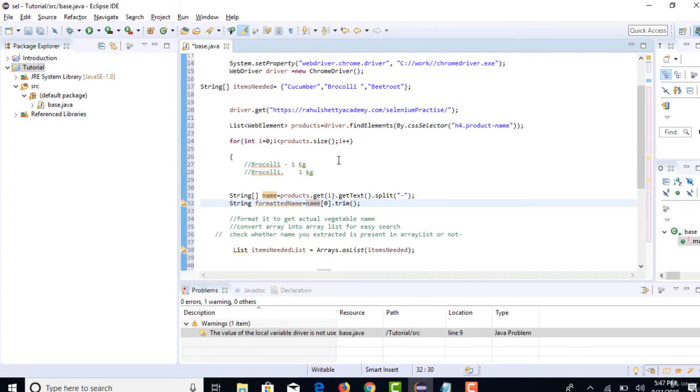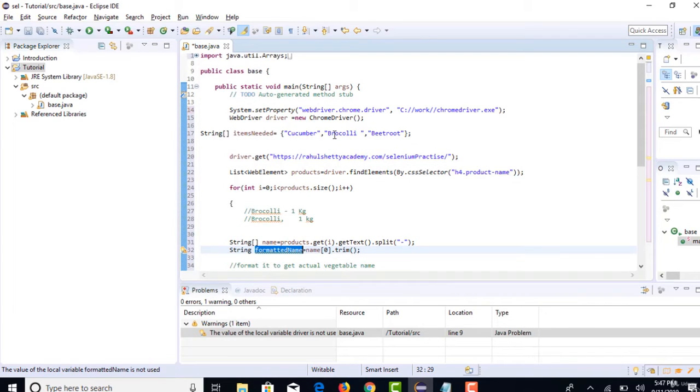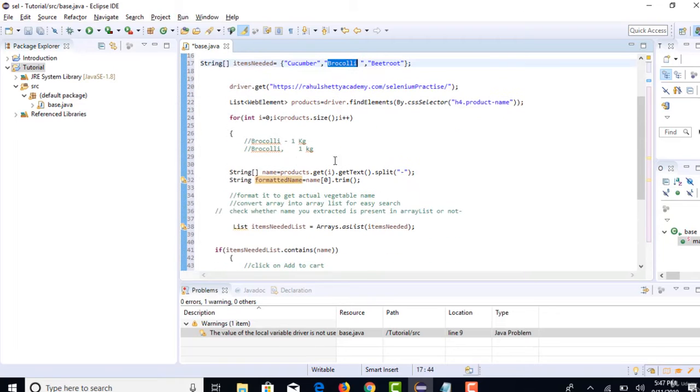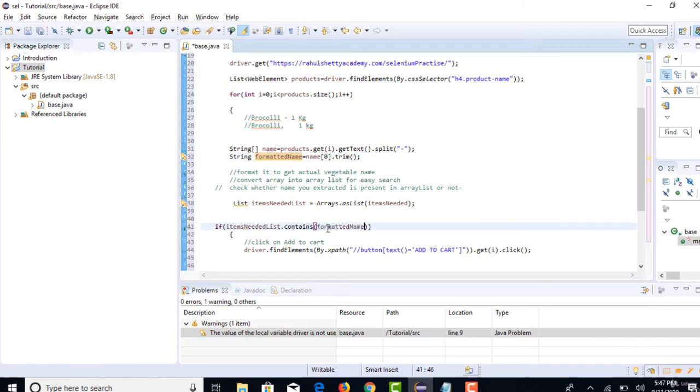So now when you run this, first of all "broccoli - 1 kg" is what getText returns. Thereafter we are splitting it. After the split, we are pulling up the value present in the 0th index, which is the left side of this hyphen. And then we also realize that there is a space. So to trim all white spaces, on that name[0], "broccoli ", we are trimming. So that space will be gone and the exact name broccoli will be stored. That's what we need because we are comparing this with the arrays we have here, broccoli. Once you get this, copy this name and replace it here.